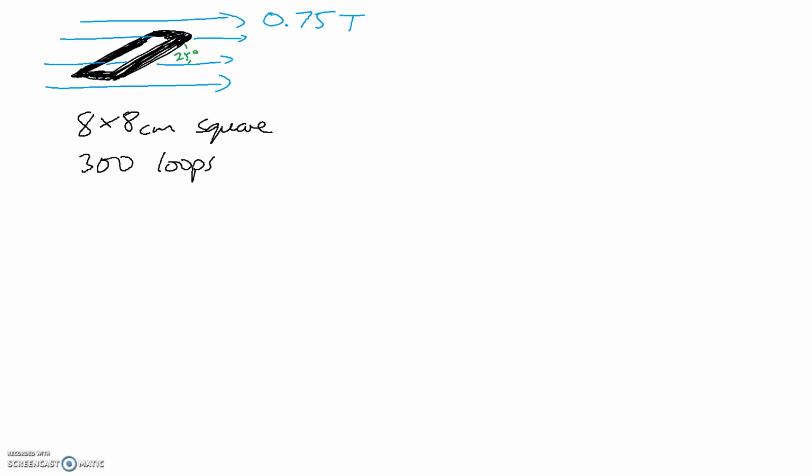Okay, we'll do some more induction practice. First of all, in this video, we've got a coil. It's an 8 by 8 centimeter square coil with 300 turns of wire in a magnetic field of 0.75 Teslas, and the angle between the coil and the field is 25 degrees. Now, what we're going to do is turn the coil vertical